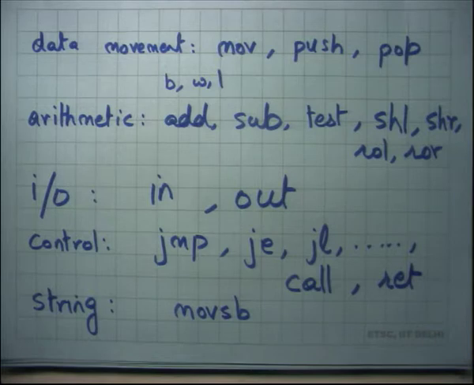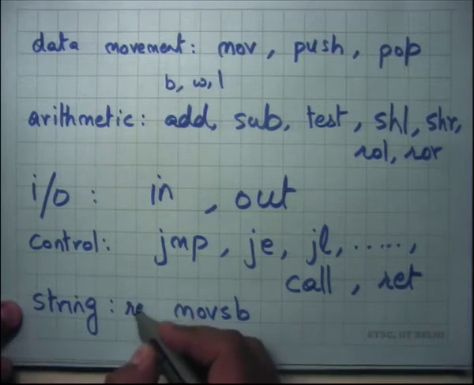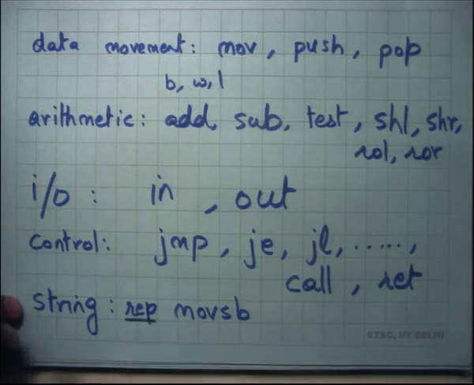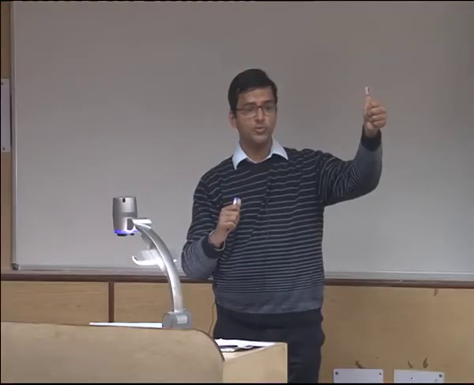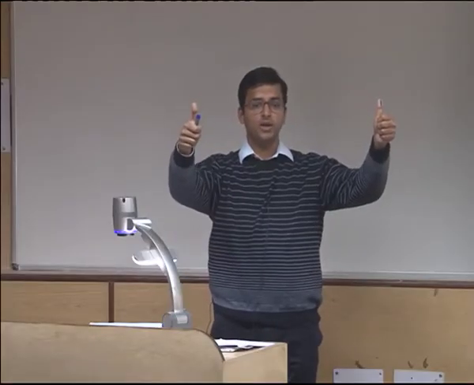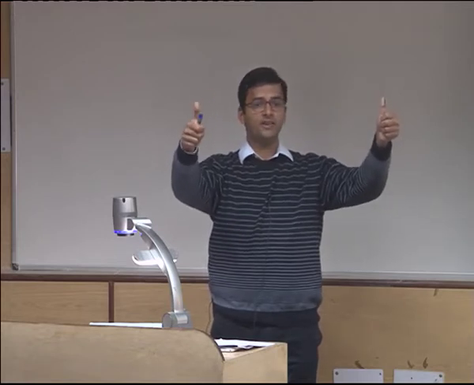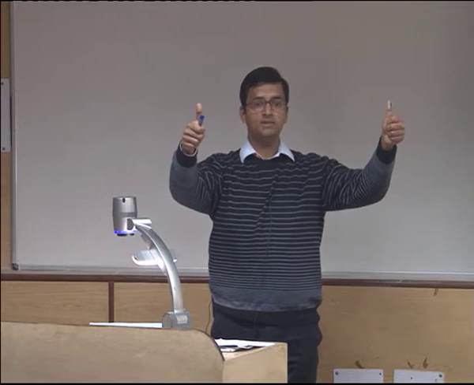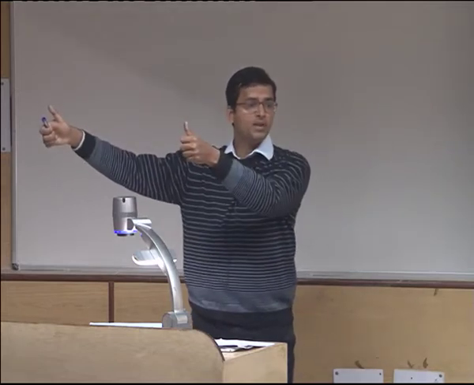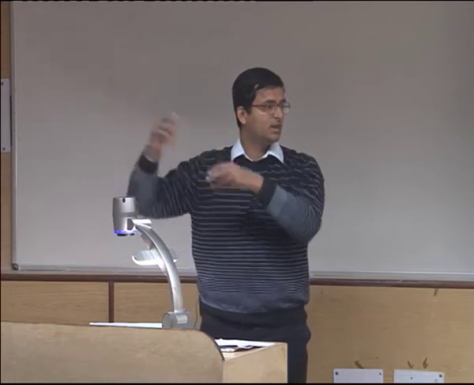The reason this is supported in the x86 architecture is because there are many string operations that are usually done, and you can prefix this instruction with what's called a repeat prefix that executes the instruction repeatedly, each time incrementing ESI and EDI. ESI is considered the source pointer, EDI is considered the destination pointer. Move SB means move a byte from the source pointer to the destination pointer. Prefixing it with repeat means keep repeating this, incrementing ESI and EDI each time till a certain condition is reached. And you can also specify under what condition you want to stop.